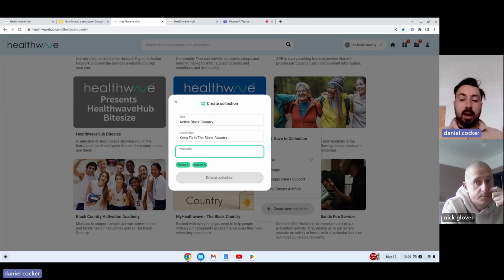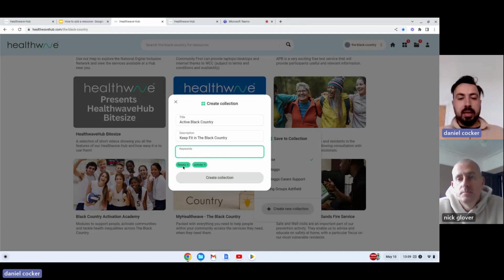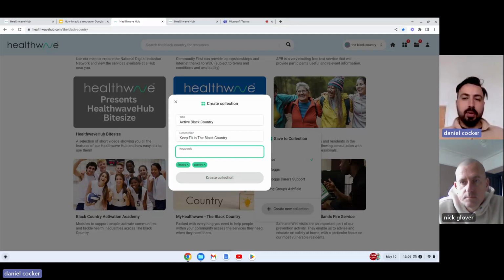The more resources that get uploaded to the HealthwaveHub, these little search icons will help you find the resources, because as resources get uploaded, we make sure that the latest ones go on the top. That means we aren't giving any preference to any resource, and each resource is as important as another. So if I click create collection here,